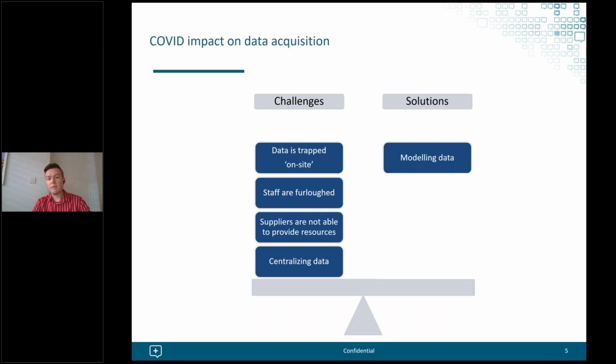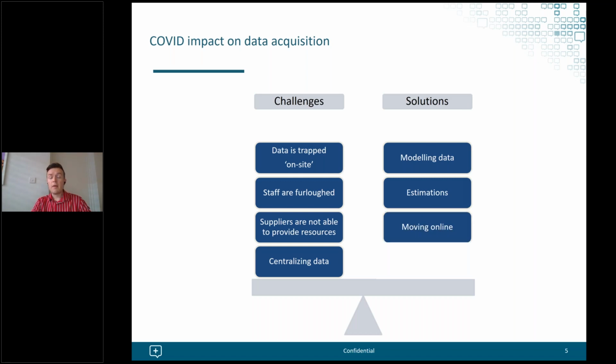And so solutions-wise, what we've seen from the data standpoint are firstly companies starting to model data. So for their 2020 footprints, if they haven't had environmental data for some points or some locations, instead relying on modeling techniques to be able to carry out that gap filling. And similarly, estimations as well. So asking those data contacts to actually estimate data rather than providing actuals, as well as relying on third-party benchmarks as well.